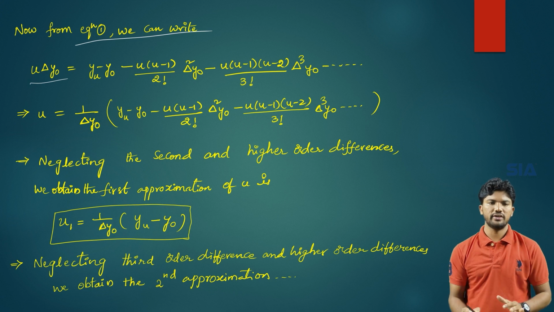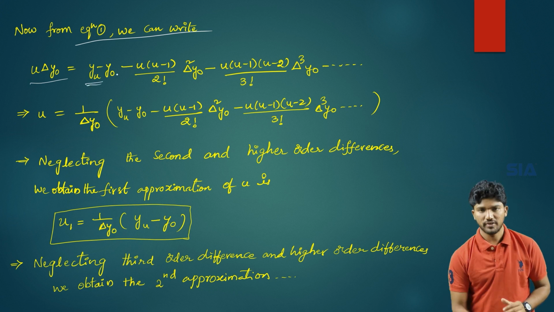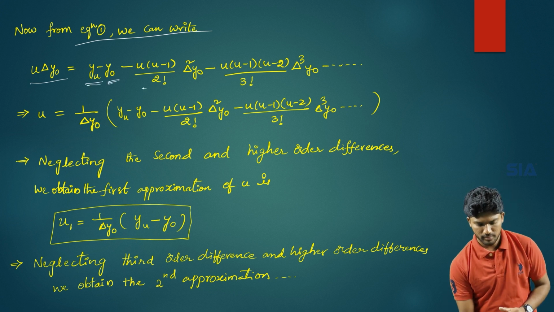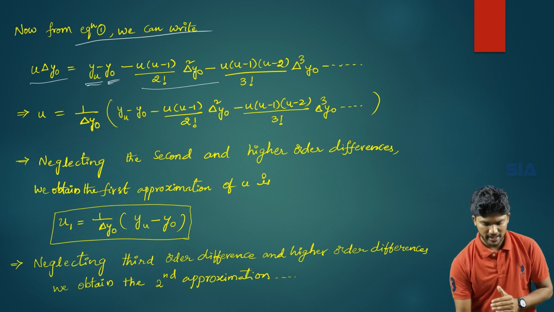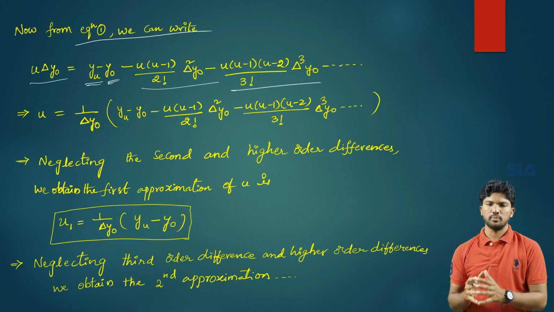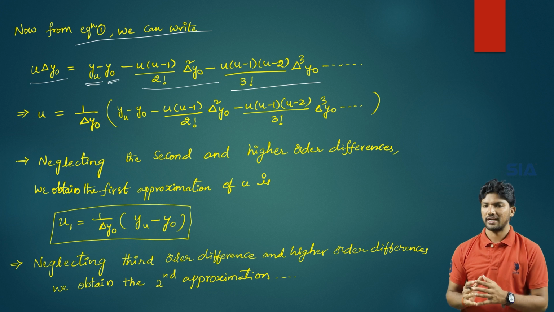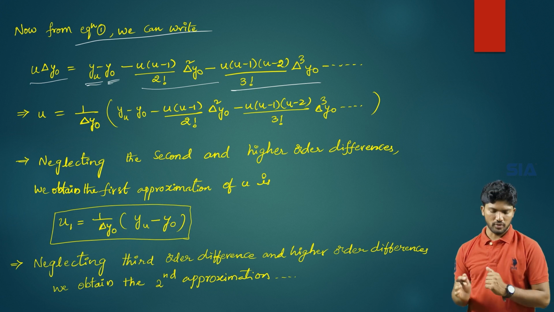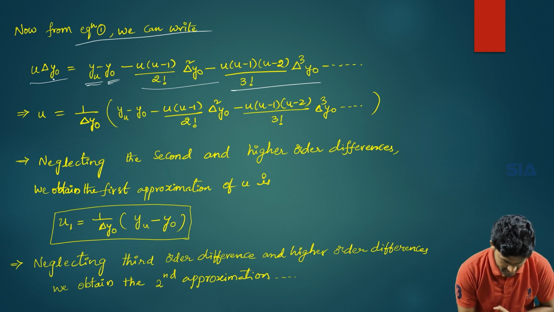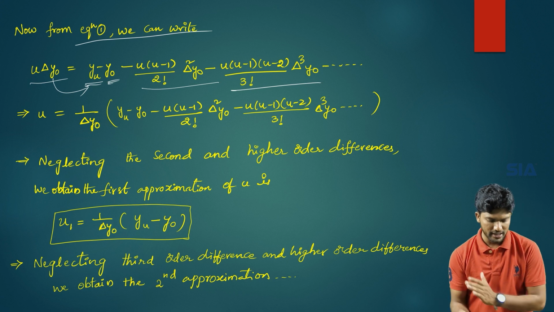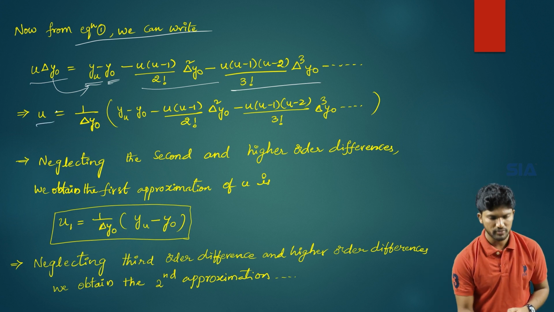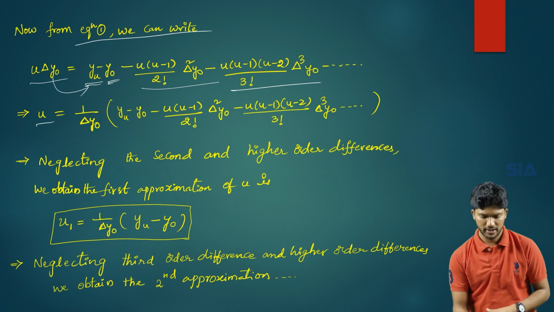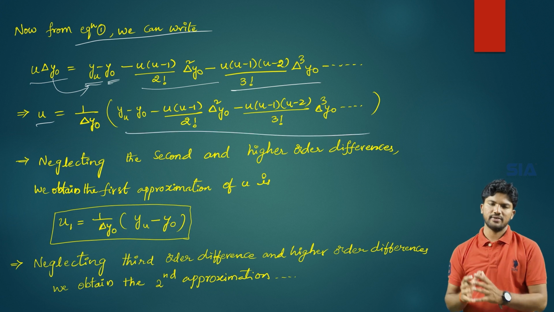So therefore u into delta y naught is equal to y suffix u minus y naught minus u into u minus 1 by 2 factorial delta square y naught minus u into u minus 1 into u minus 2 by 3 factorial into delta cube y naught and so on. Okay, in the next step send this delta y naught to the RHS, then it goes to the numerator